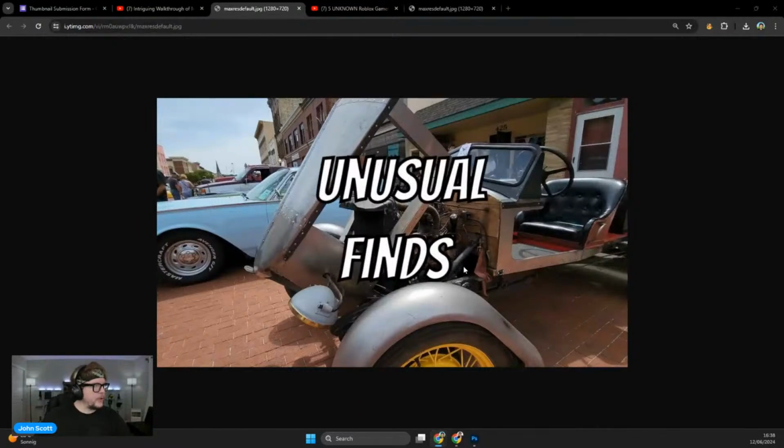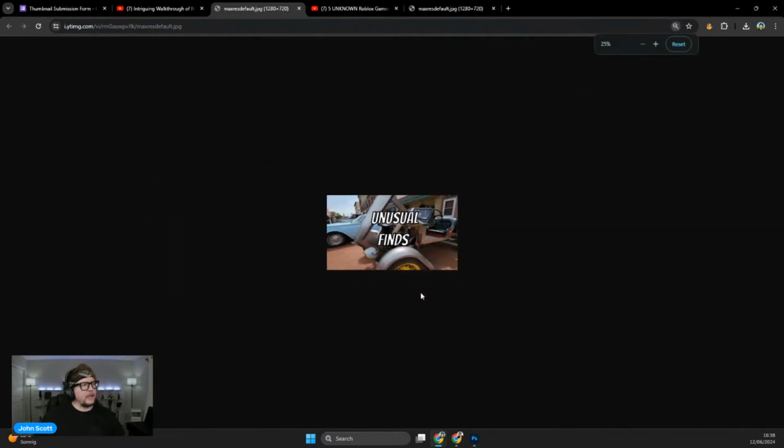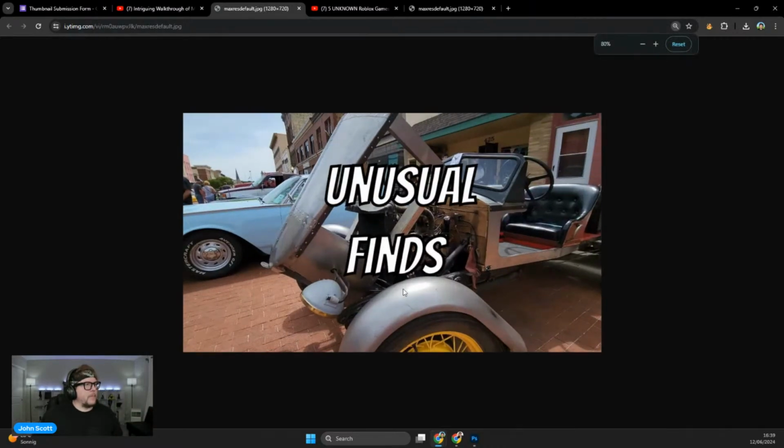All right, unusual finds. This is pretty solid. I would probably make this font a little bit thicker, if there's a bolder version of this. I don't know if this is like Riffic or Marvin. It does look like you put that outline on the inside of the letters instead of the outside, so I would try the outside. That's what I would do. I just think that it's a little bit thin. But when I zoom out, I can see it clearly, so it's obviously not a problem. Might be just a personal taste thing.